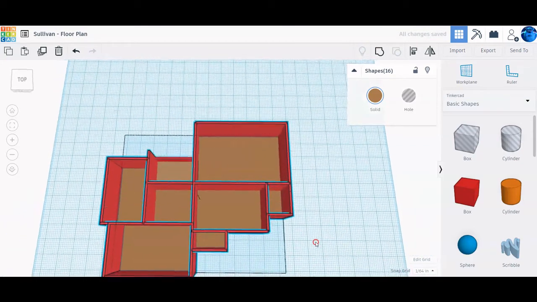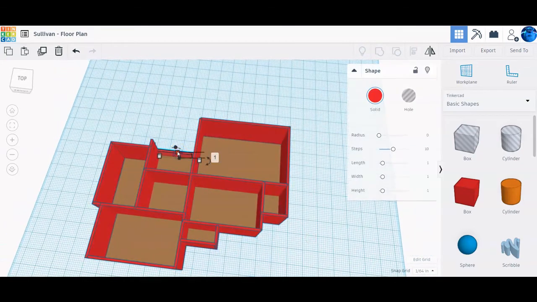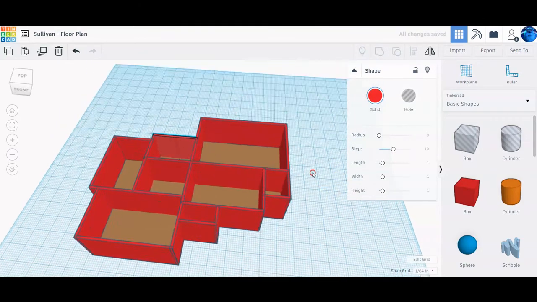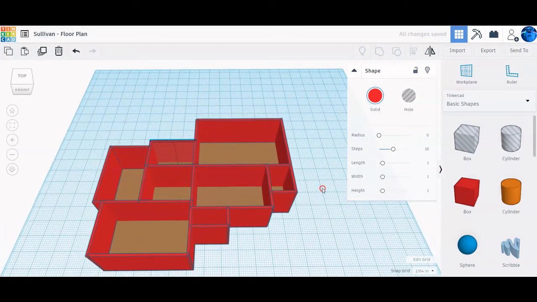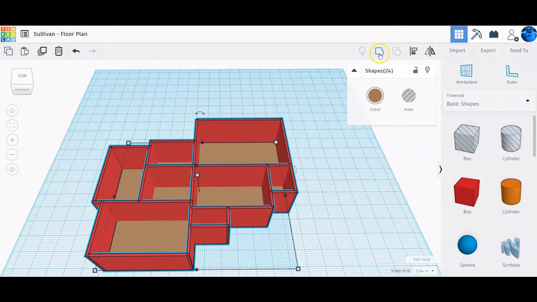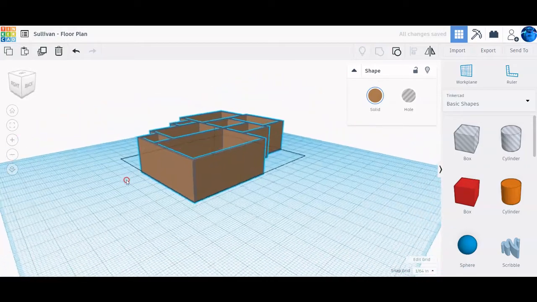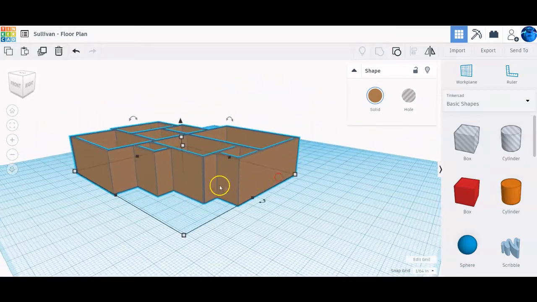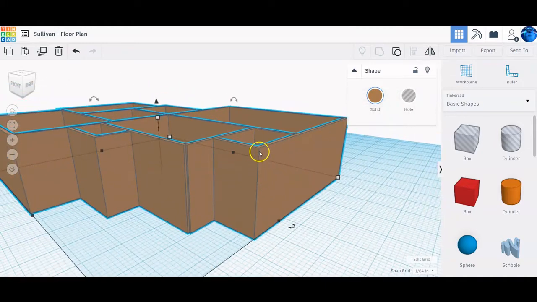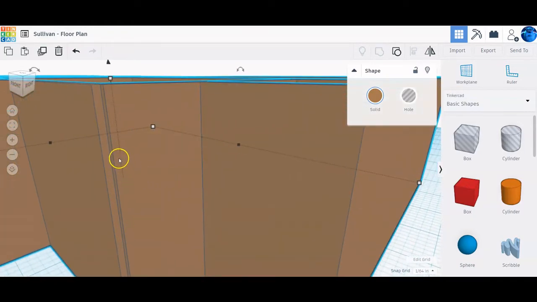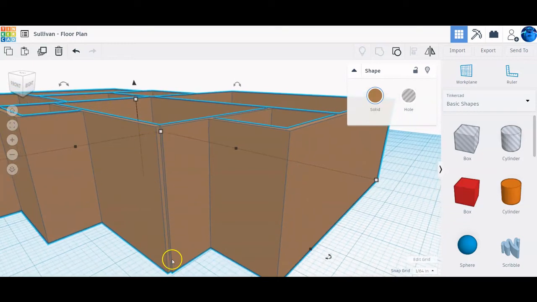Kind of looks a little bit more like a house now. Oops, it looks like I've missed a wall. So let's change that one, 2.5. There we go. And now at this point, I can grab all of it and I can group it together. So once it groups, this is what it will look like. All of your joints in your walls should look like this one. If it doesn't, you'll notice really quick, and all you gotta do is ungroup it,